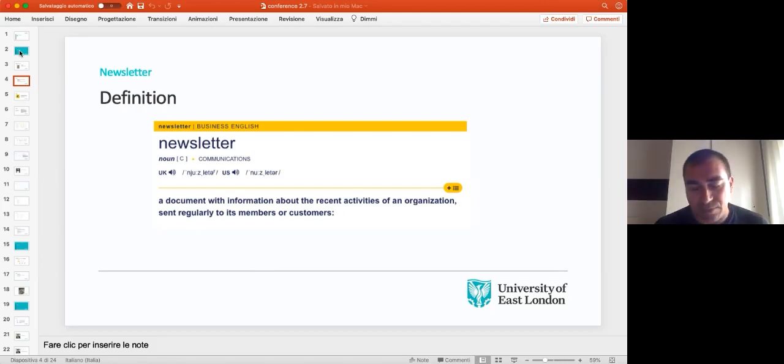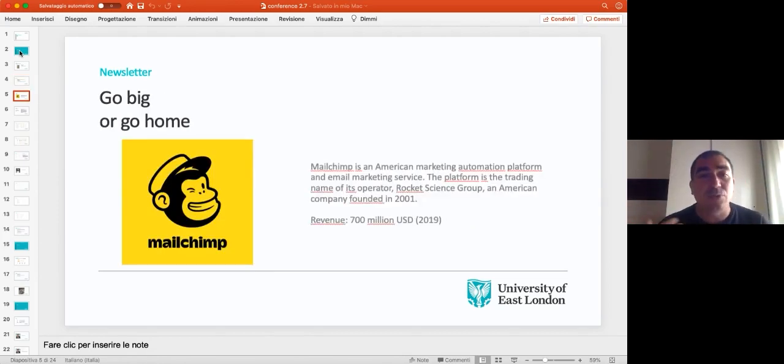I went to several companies, and when I asked about the newsletter and said, which tool are you using to send the newsletter? They told me, well, we are sending using Outlook or Google Suite or any other email tool. That's not a newsletter. That is an email. And you do not get anything out of that email sent to your customer. You just get a customer annoyed. So let's see how we can create a nice newsletter, and then I will show you some numbers and some tools. The tool I'm going to use today is